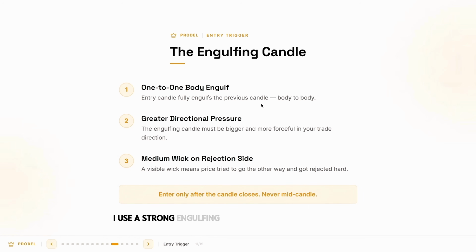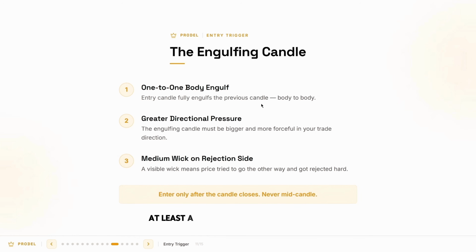I use a strong engulfing candle on the lower time frame, and I want to be specific about what strong means. Criteria 1: 1-to-1 candle engulfing. The entry candle fully engulfs the previous candle, body to body. And criteria 2: greater pressure in the direction of your trade. If you are looking for a long, the bullish candle must be bigger and more powerful than anything happening around it. And criteria 3: